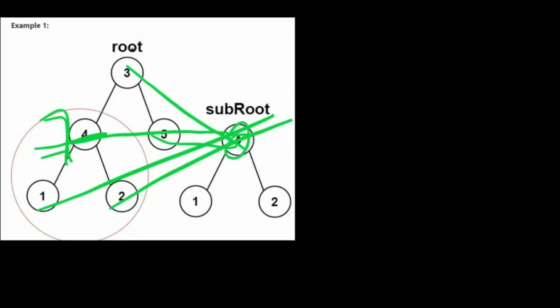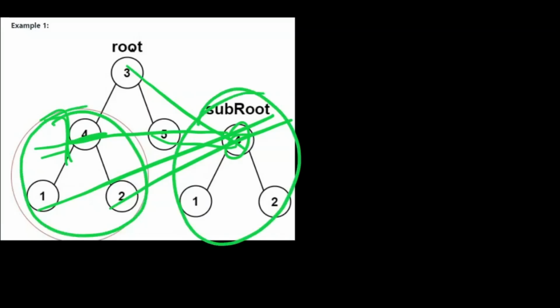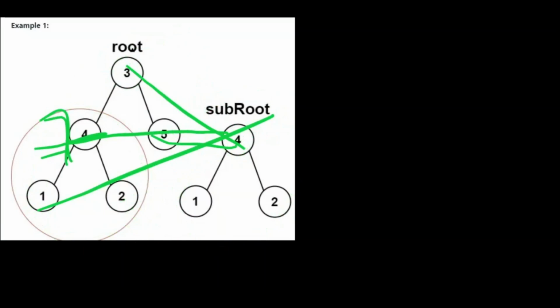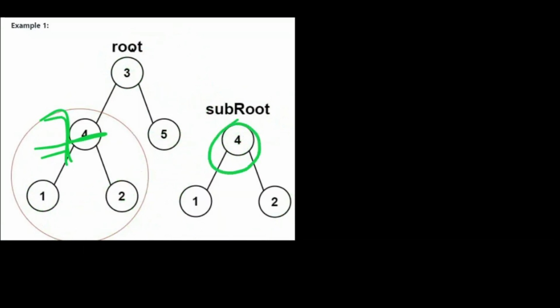Only when we find a match would we check if this entire thing matches this entire thing. And I just want to discuss the time and space complexity here and now, because it is possible that we have to traverse the entire length or the entire depth of the root given before we can find a match for our subroot. And it's also possible that we find a match, and when we do find a match, we